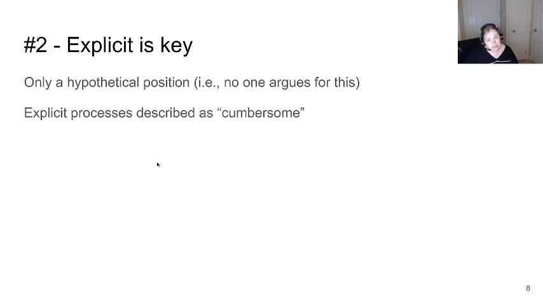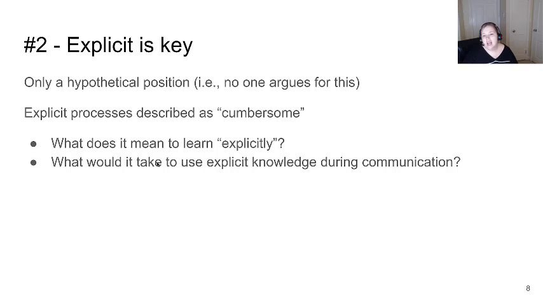Explicit processes are described as cumbersome. They're heavy. They're inefficient, right? And so what would it even mean truly to learn explicitly? It would suggest that I've learned a rule and suddenly it's useful to me. And so by extension, the question would be, what would it take to use explicit knowledge during communication? It would take